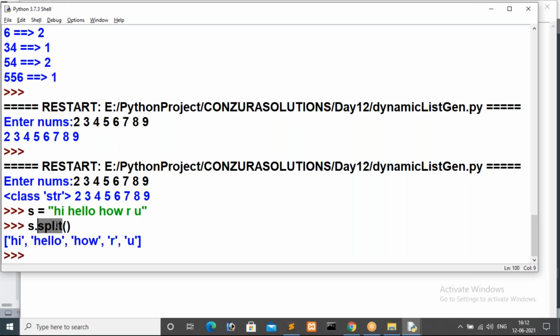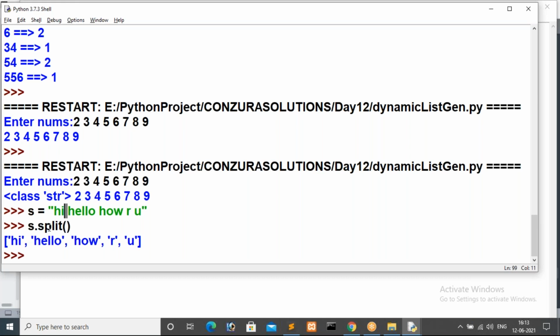Now answer me once, what is this split method going to do? Inside we have a sentence. It is converting into a list. Absolutely, split returns a list. That is also an important thing, guys. What is the return type of the split method? That is list. The split method returns a list of values. That means inside we have a sentence, that is hi, hello, how are you. When I call this split method, by default it will take space as a delimiter to convert this entire sentence into words.